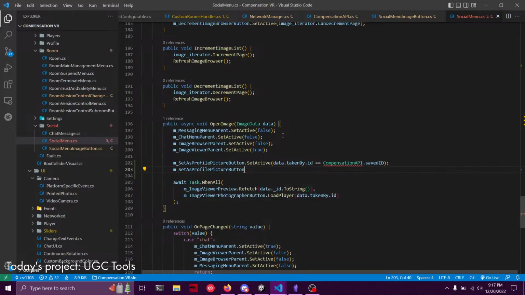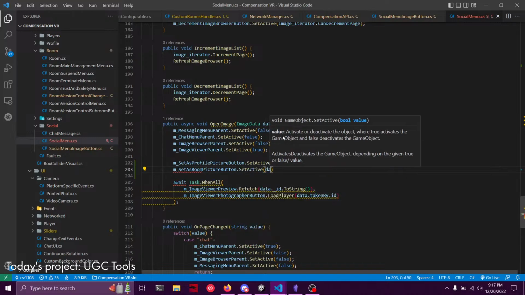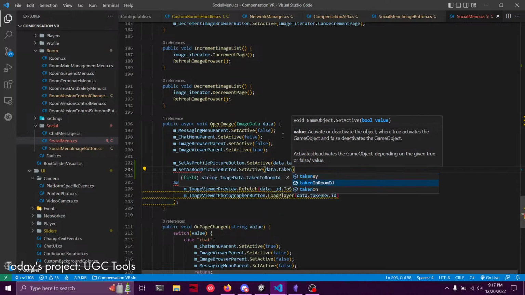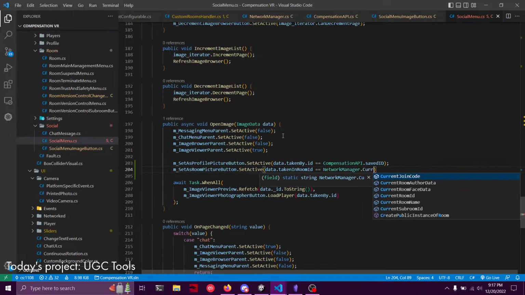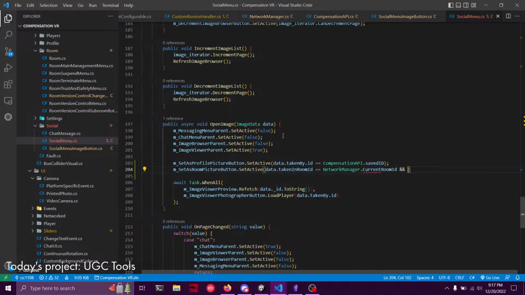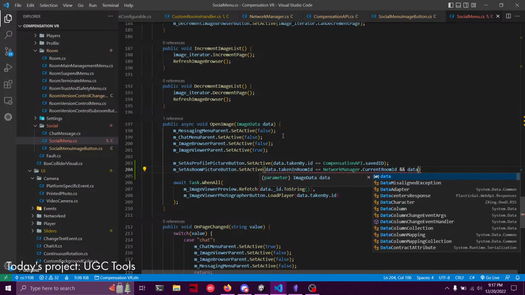Set as room picture button, set active data dot taken in room ID equals network manager dot current room ID and data dot